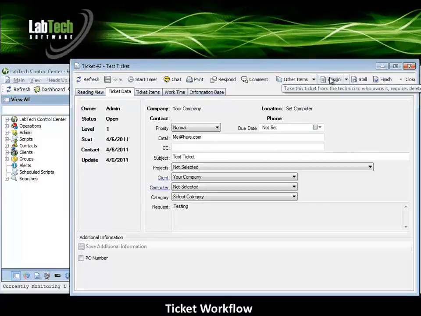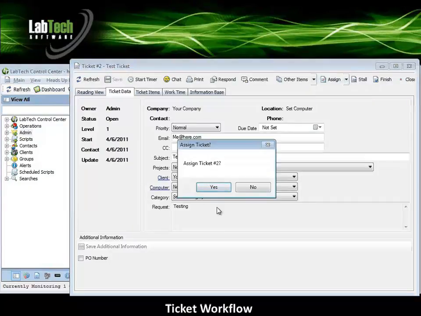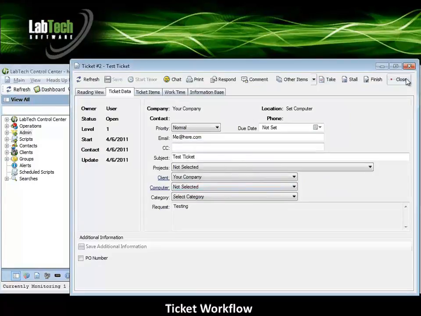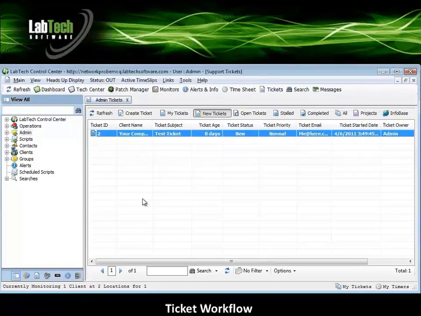We click on the Open button to indicate that the ticket has been opened by a technician. Now we're ready to assign it. Click on the drop-down arrow, assign it to the specific LabTech technician that will be working it, and confirm,